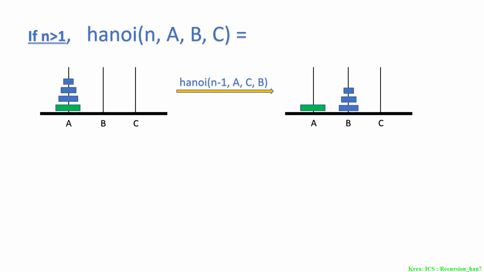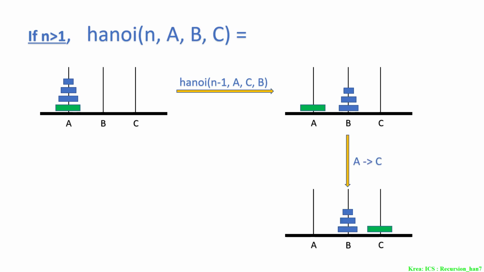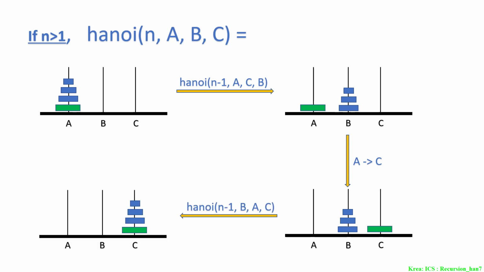Now we are going to move the largest disk from A to C. And this is how we achieve it. After that, we again know the solution of moving n-1 disks. So we can call the Hanoi function again with the appropriate starting and ending pegs. So its starting peg is B and ending peg should be C, and A is the one which you use for intermediate steps. And you end up with a configuration which is what you wanted in the end.